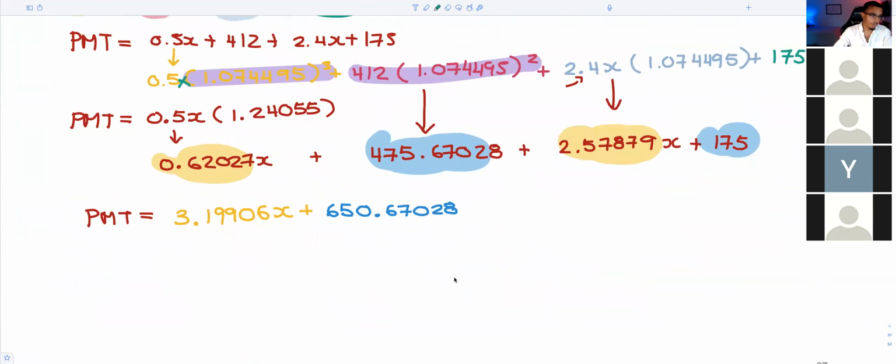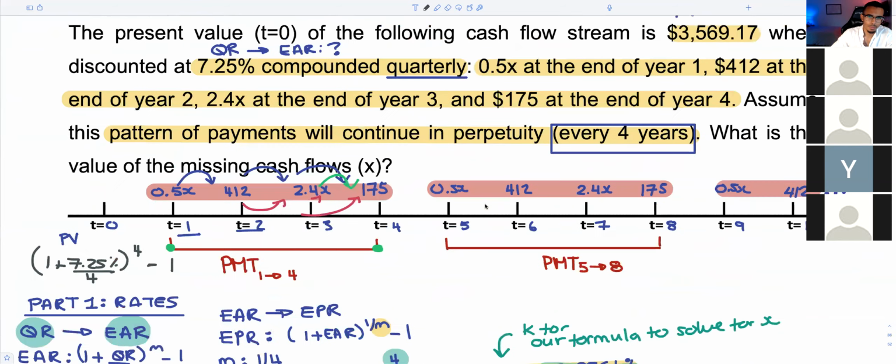So now that we have all the missing pieces of the puzzle, we could solve for our answer. So once again, we know that P0, the present value, is equal to payment over K. So this means, if we go all the way back up,